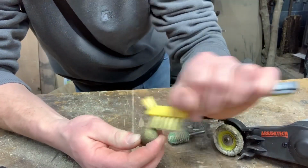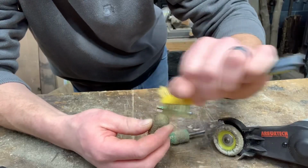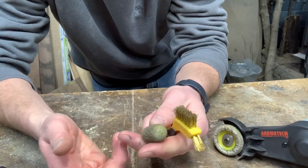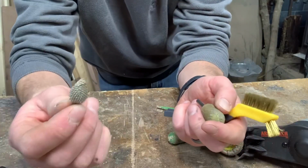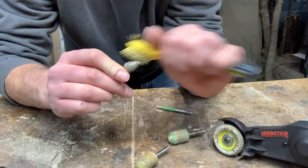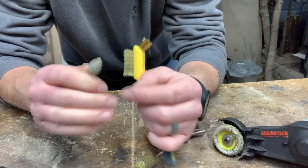If you're carving dry wood, it's not a bad idea to just continue to scrub them out throughout your carving. The same thing with the green wood. But if you guys are carving out eyes, you get one bear done. As soon as you're done, take your brush and get at it right away, because if you continue to use it, the wood's going to